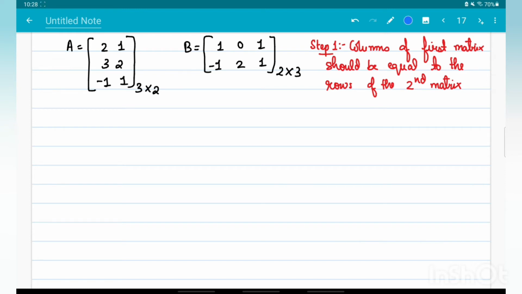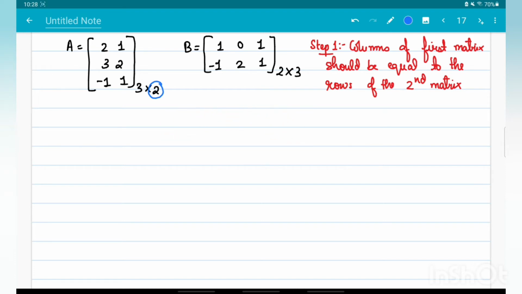is whether the columns of the first matrix, suppose here the first matrix is A and the second matrix is B. Now why am I saying first and second matrix is because when you multiply A cross B, it will not be equal to the multiplication of B cross A. So whichever matrix you take first will change the result. When your A matrix is the first matrix and when your B matrix is the first matrix, the results will be different. A cross B will never be equal to B cross A in case of multiplication of matrices.